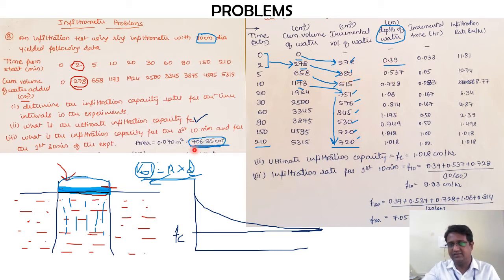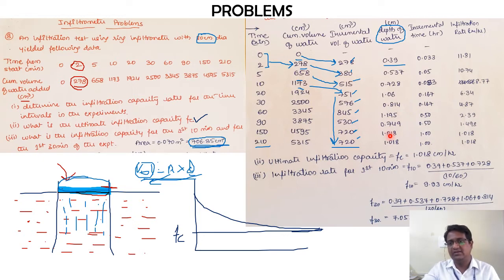380 divided by 706.85 is 0.537. Similarly, 515 divided by 706.85 is 0.728. 751 divided by 706.85 is 1.06. So like that, basically you need to divide these entire third column values by the area to get the respective depth of water for the time durations. Okay, so this is how we have converted them into effective depth of water for the incremental